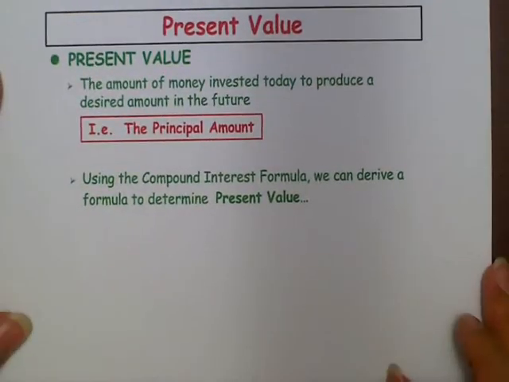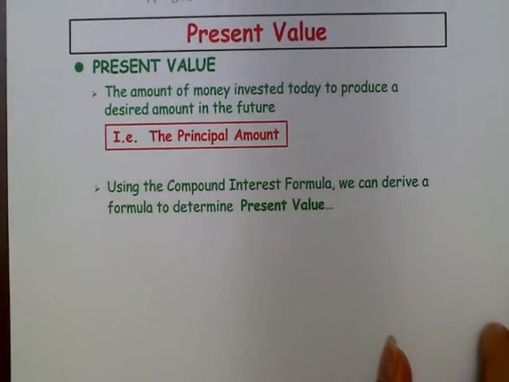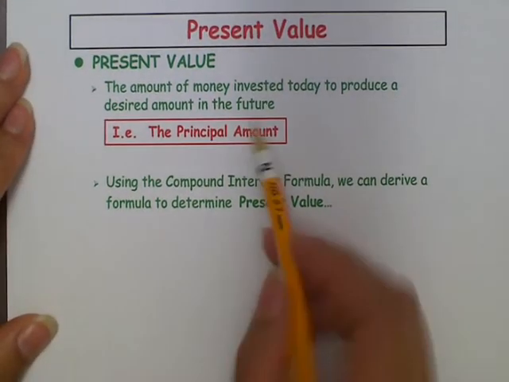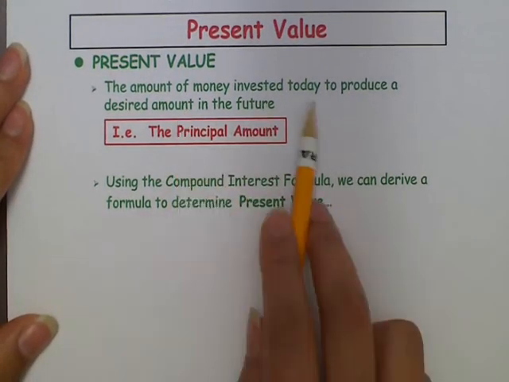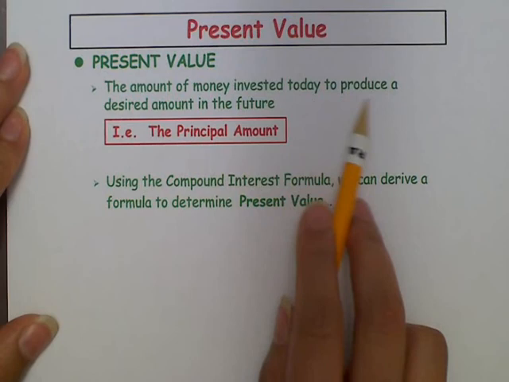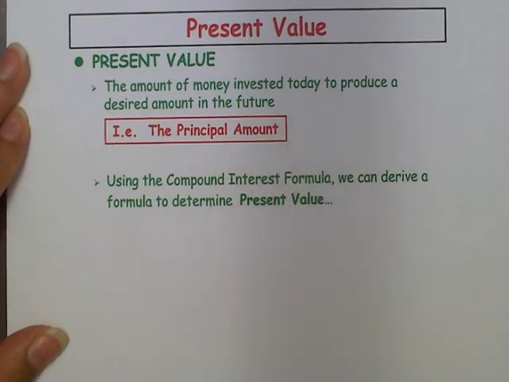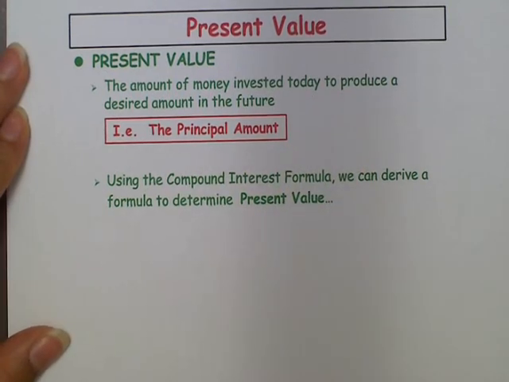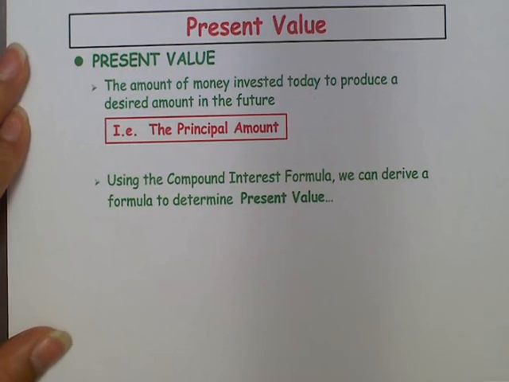Okay, the other part to this lesson looks at present value. What present value represents is the amount of money invested today to produce the desired amount in the future. So for example, let's say you want to save some money now so that you have $5,000 in a few years. So the amount of money you invest now is actually the present value of your investment. Or in other words,